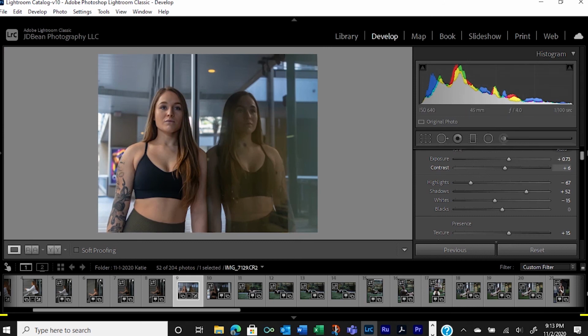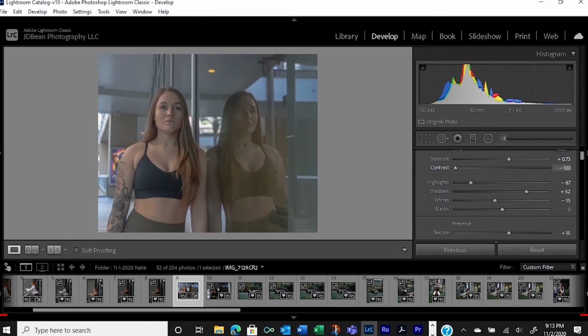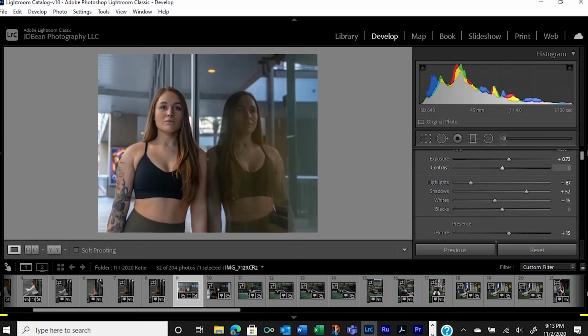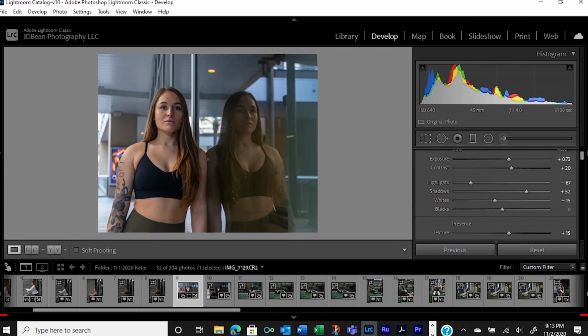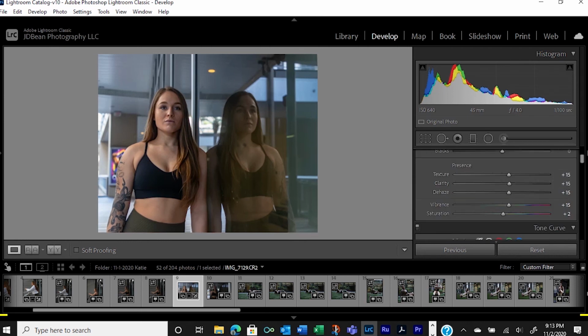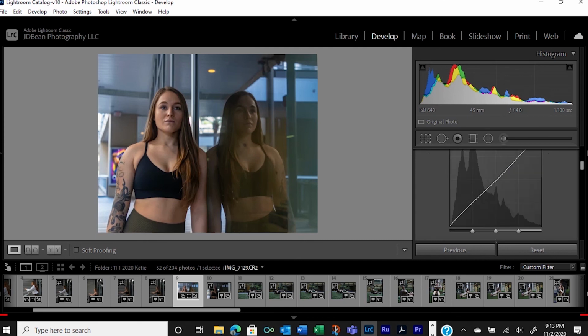Contrast is the same way. Be very careful. Now if you want to go with the old film look, this is the way to go. I like just a little bit. Now, with all this being said, now that I have it semi-adjusted, I'm going to start playing with it a little more just to give myself what I'm looking for. I want to make sure that everything that I'm doing